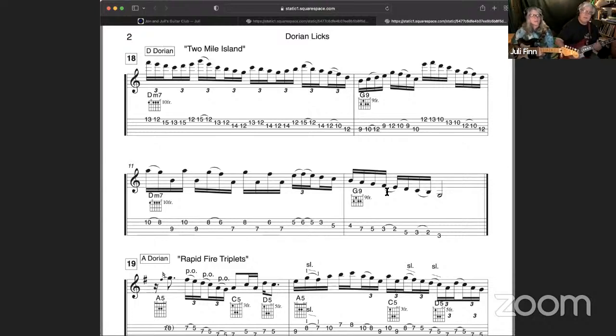Starts right before measure 19. Okay, so I'll play it slowly first. So 3, 4, so let's do over D minor 7. Oh, sorry. 3, 4,